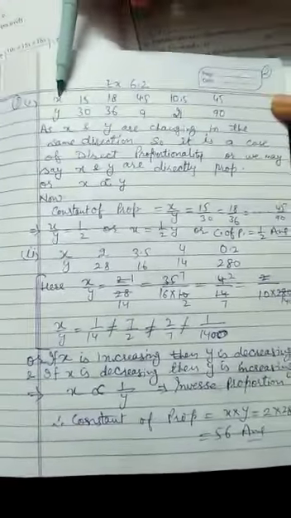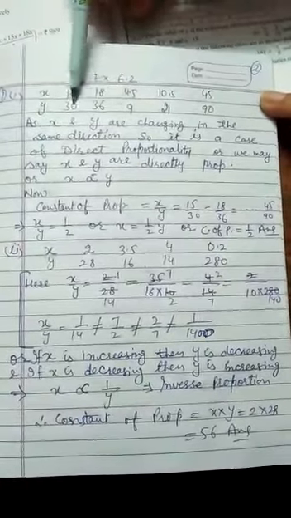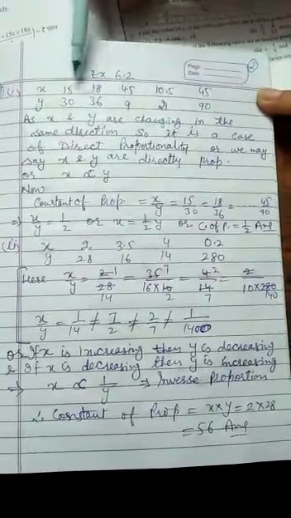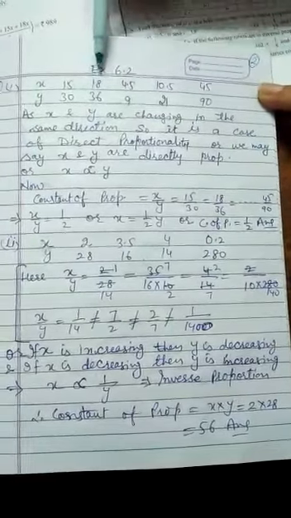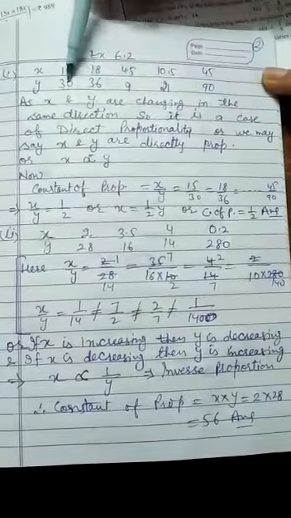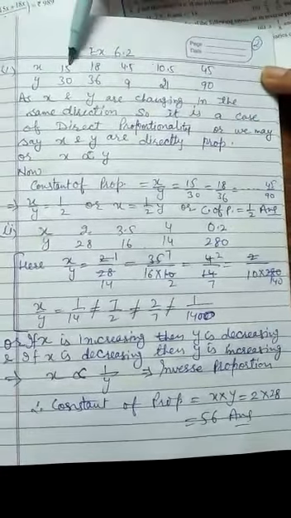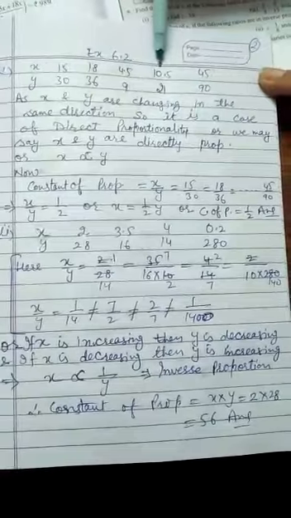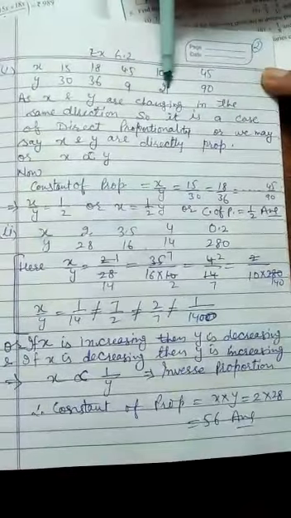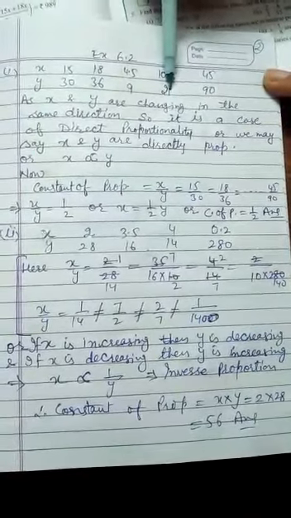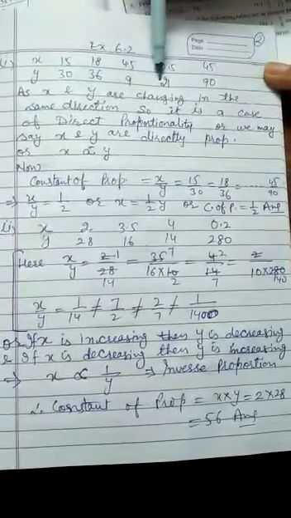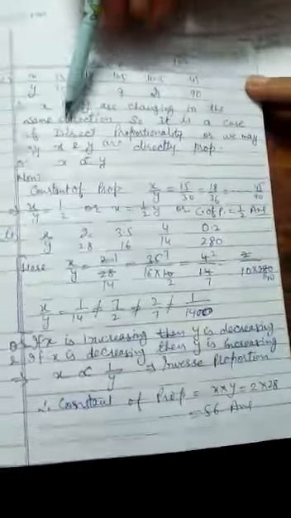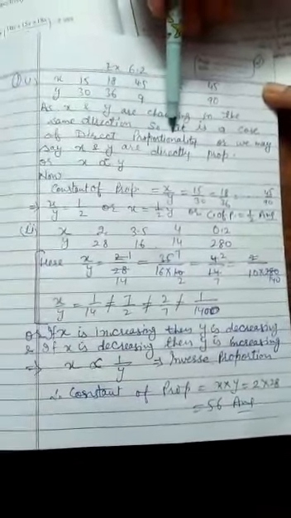First of all, there are some entries given for x and for y. See, when x increases, y is also increasing. Again, x is decreasing from 15 to 4.5, then y is also decreasing from 15 to 10.5, and x is decreasing from 30 to 21, y is also decreasing. So as x is changing, y is going in the same direction. So it is a case of direct proportionality.